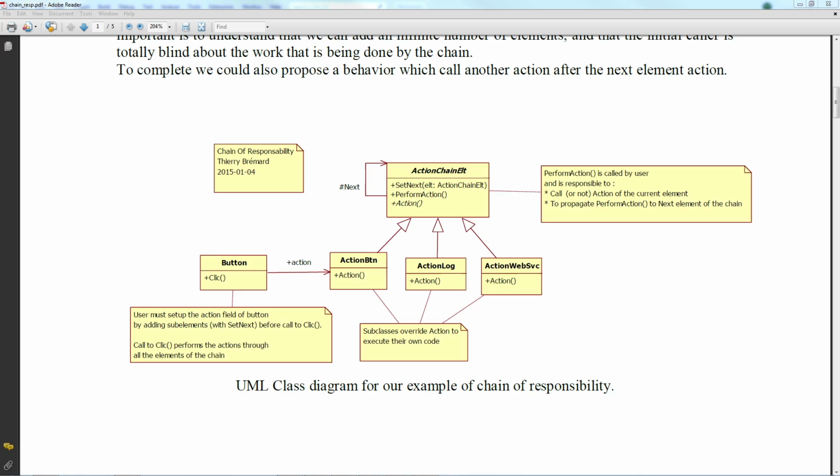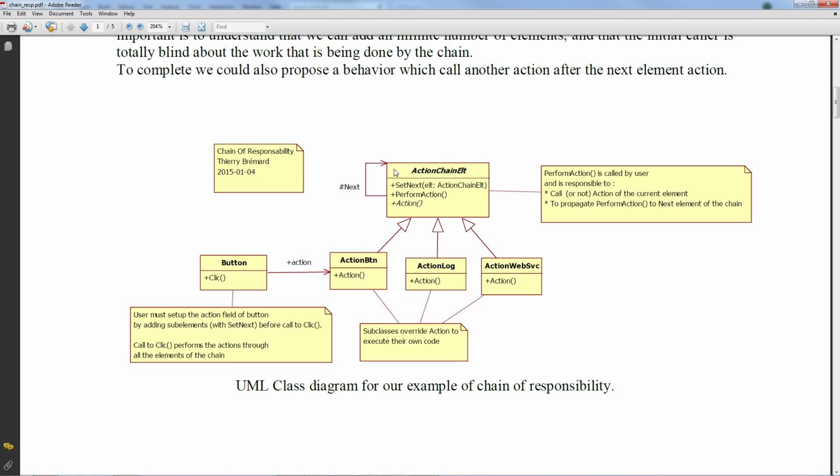The key of this design pattern is to define an abstract class which acts as an interface to implement for all the classes which will be enrolled in the chain of responsibility. One very important element of this abstract class is the field next. Here there is an abstract class, and you see it is abstract because with the UML standard, the class name is written in italics.